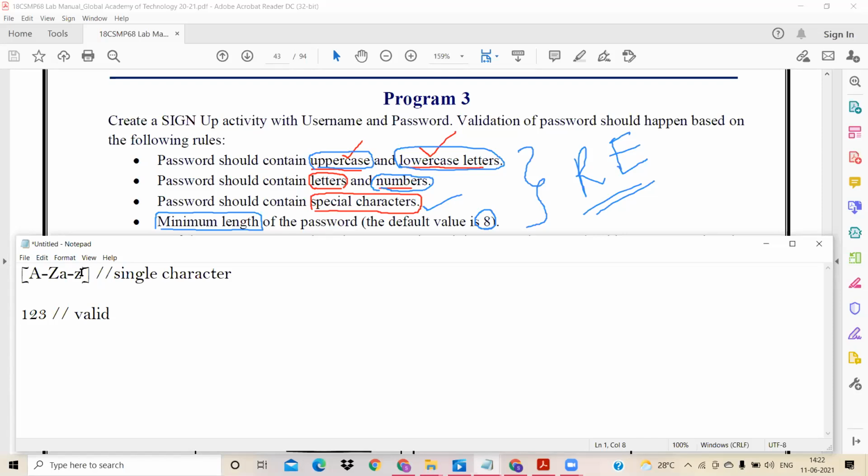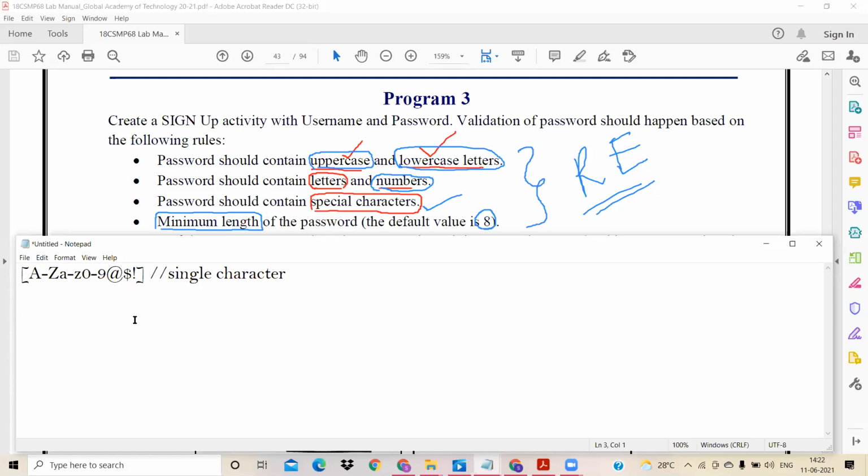But anyhow, with respect to our example, I should have digits from 0 to 9. I should have a special character. A special character can be any character of your choice. Right now I'm picking at as a special character, and next I'm picking dollar, and I'm picking exclamation mark. Suppose you want to include any additional characters, you can include. The choice is yours. So in our program, we have taken the special characters as at, dollar, and exclamation mark. Right?